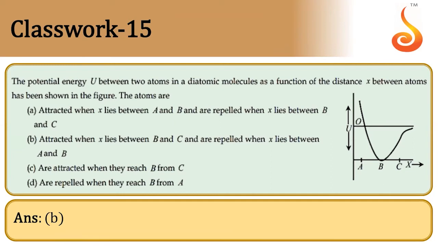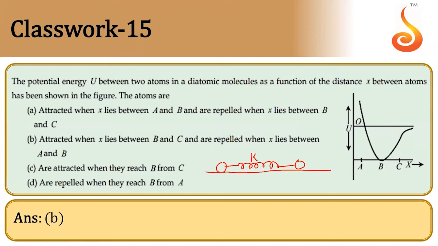So what does it mean? Let us understand this. Say I take a spring and attach two atoms. Now, when the spring has natural length, will there be any force on these two atoms, children? No. Why? Because there is no elongation for the spring, there is no compression for the spring.